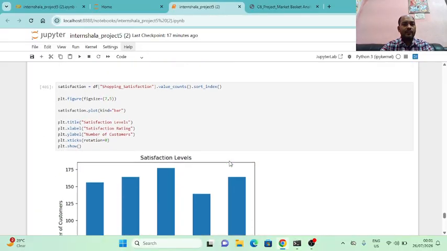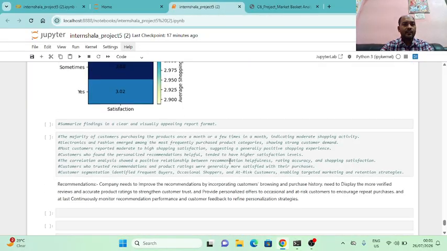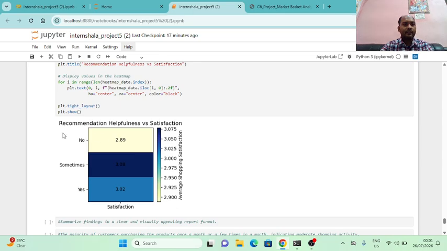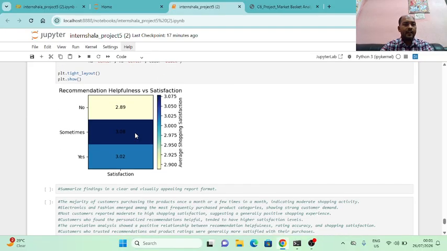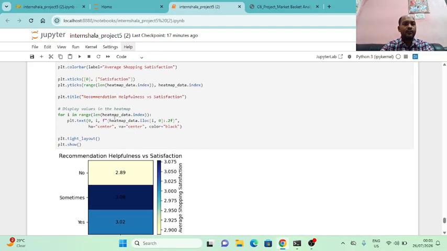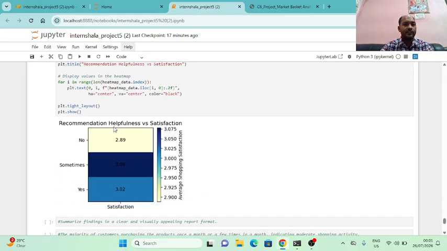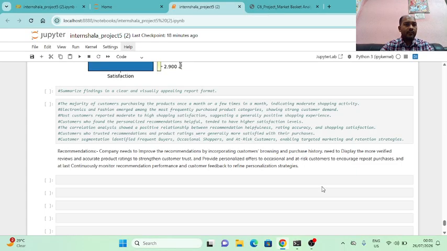After that, I have done all the visualization tasks and created the relationship between helpfulness and satisfaction, and just created the correlation and done the correlation analysis between them. So the majority of customers purchase the product once a month or a few times a month, indicating moderate shopping activity. So a company needs to improve the recommendation by incorporating the customer browsing and purchasing history, and